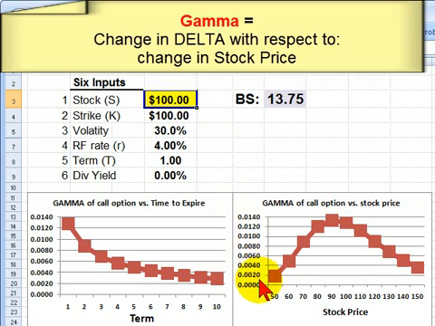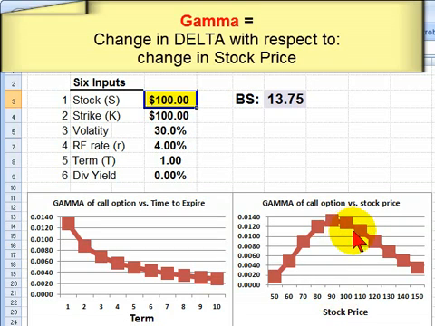And graphically we can see that, on the left here, a longer term indicates a lower delta, but more importantly, on the right, the delta tends to peak when the option is at the money, and that's where the delta is changing most rapidly. If you think about that chart we looked at before, it's got the steepest slope right about at the money,